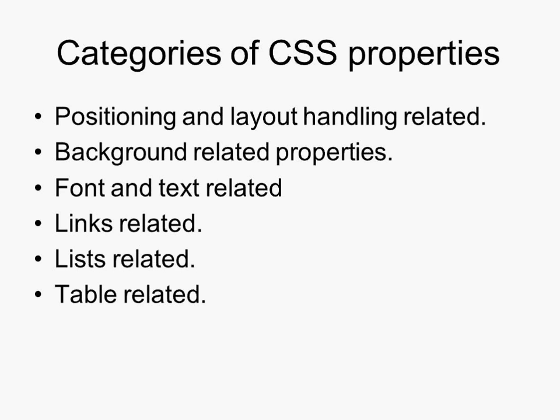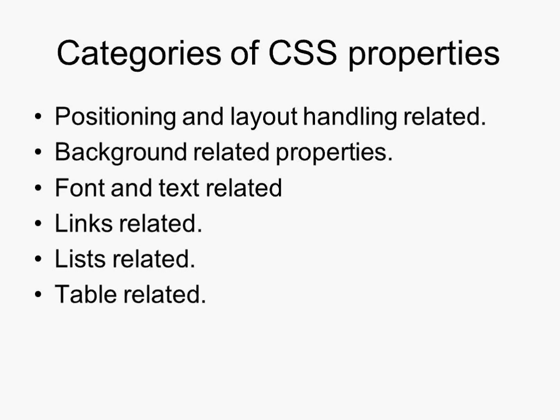And the background related properties, I don't go into details of each and every property because that will take too much time, and they are pretty much straightforward. You specify the value and it will come. For example, background related properties, you can specify a color, you can specify an image. When you are specifying an image, you can specify other things like where exactly it should be positioned, whether it should repeat or not, and if it should repeat only on the x-axis, only on the y-axis, because most backgrounds on